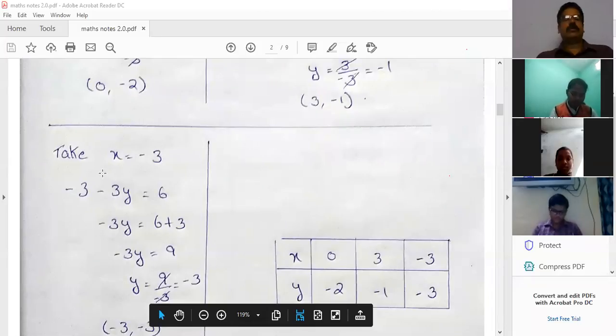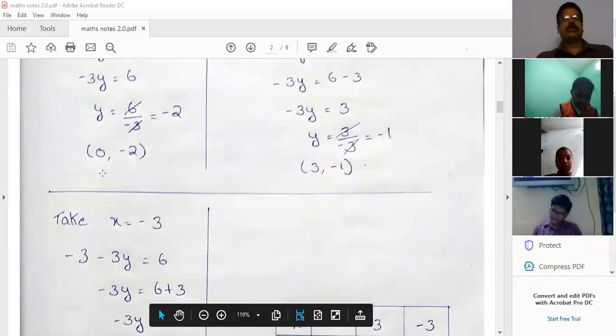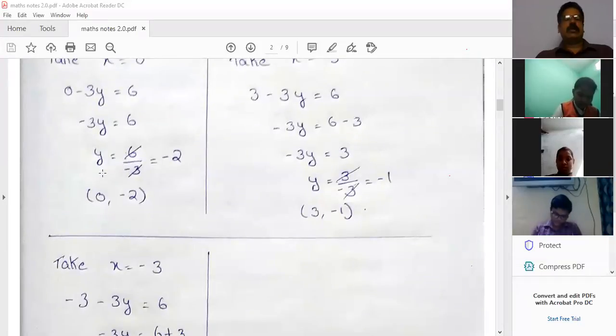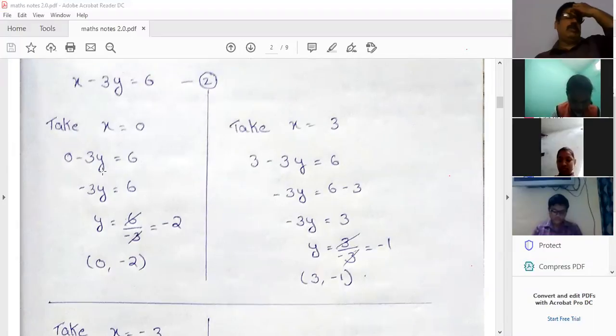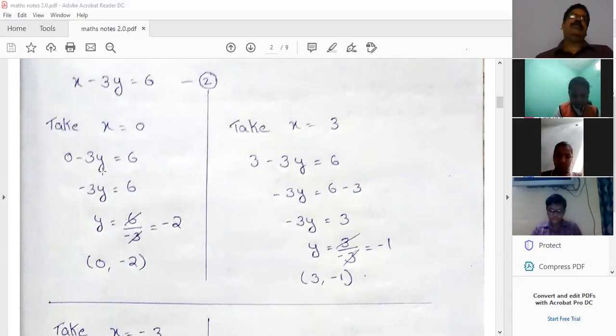So, understand? Now you can copy it. Second equation solutions. I took values which are in the 3 table. You can give values for y and find x value also, no problem. You can get solutions, but you should not get rational numbers. Keep that in mind, because plotting fractions is difficult. That's why try to get integers only.